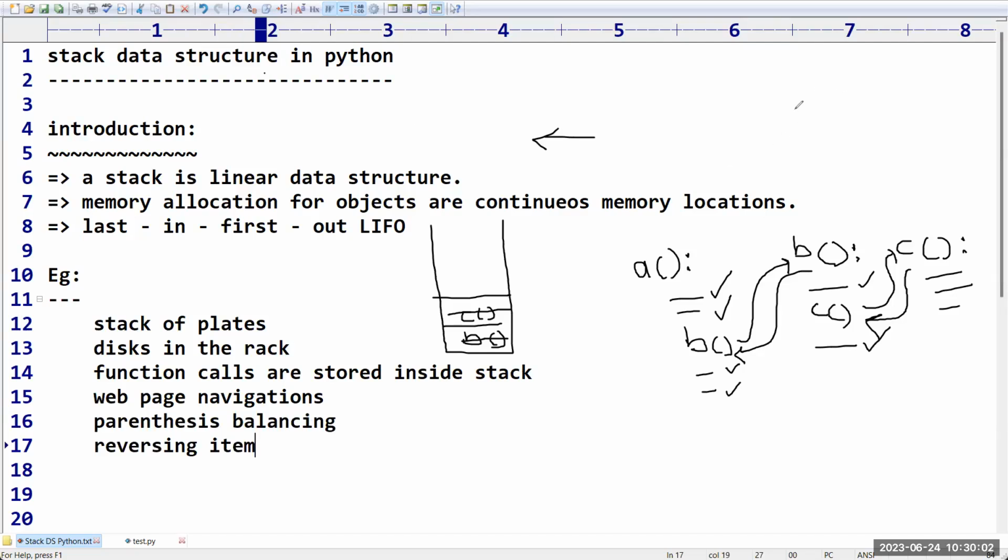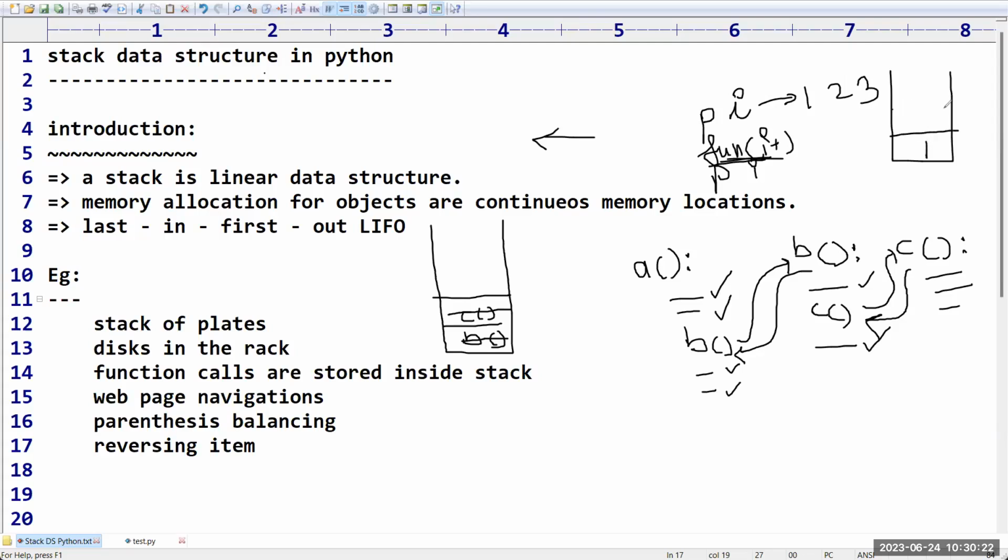Whenever you want to print the data, first we will print the value of I, and then we will call the function by passing I plus 1. Again, we print the value of I. At the very beginning, what will happen? We get 1, 2, 3. Whenever we are calling these, it will maintain a stack. First 1 will be pushed, then 2 will be pushed, then 3 will be pushed. After the recursion call, if you write any statement, it is going to extract in the reverse direction. So wherever a reverse operation is required, in all such cases we have to go for this